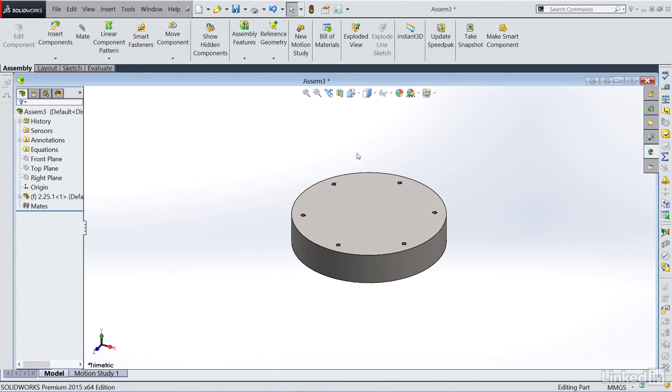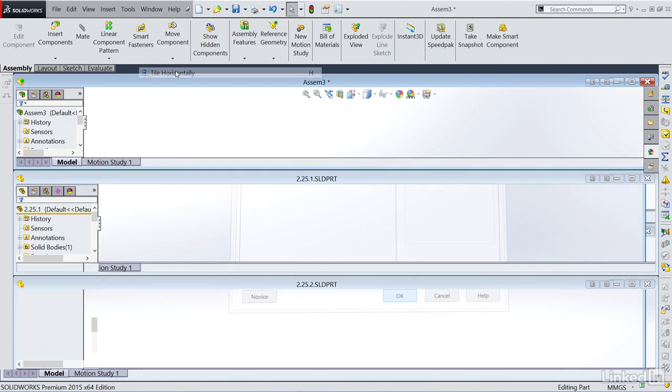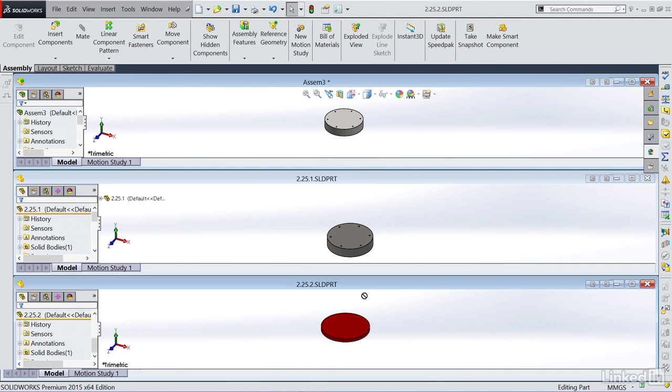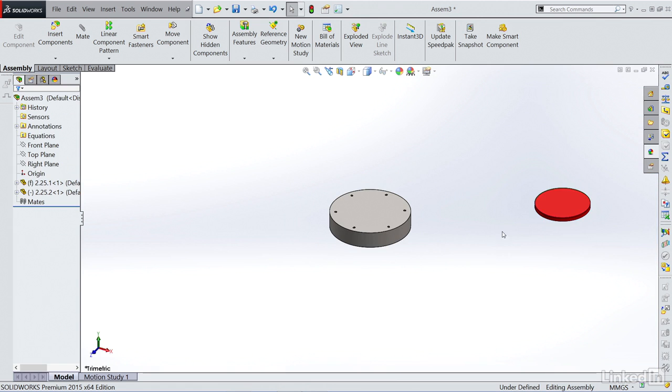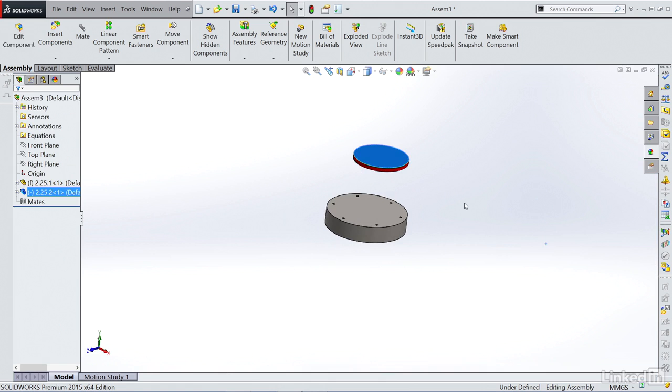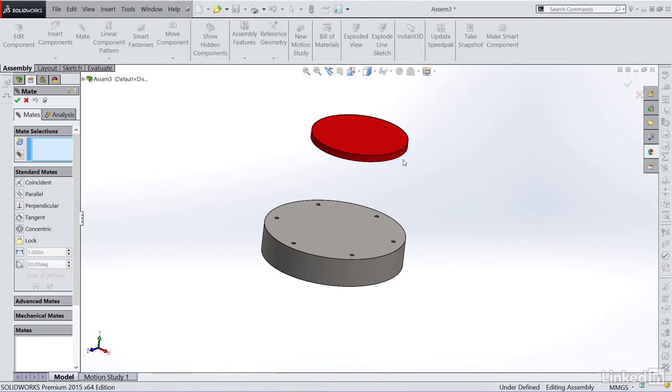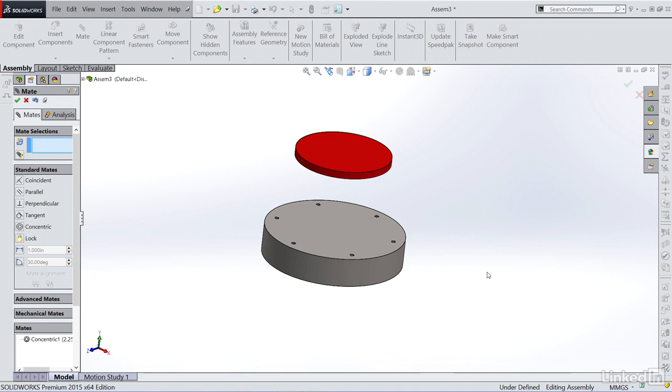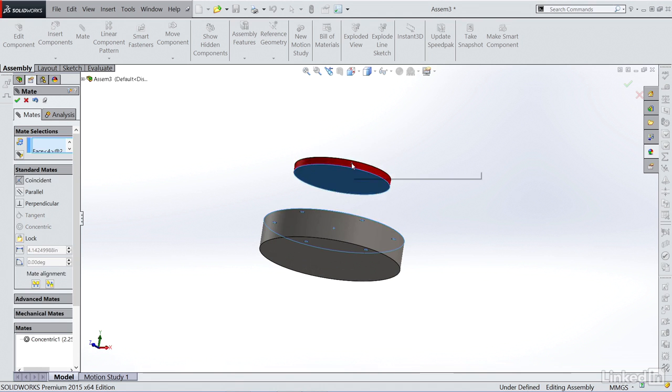Now I have the assembly set up here. I'm going to click on Tile Horizontally, and drag this part into my assembly. Once I have that, I'm going to open it up. I'm basically just going to put this piece directly over the other piece and then create an assembly. So click on Mate. I'm going to choose the outside of this circle here with the outside of that one there. Click OK. And then we're going to click on the top surface here and the bottom surface there and